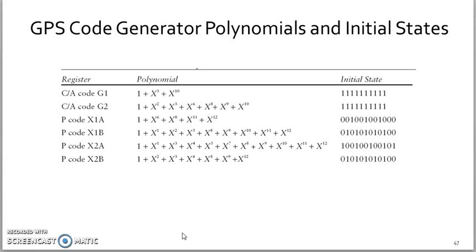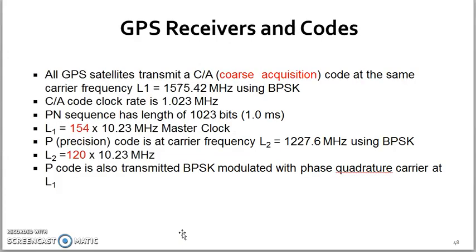And the given satellite transmits the data, and it should have an inclination with the horizon, that is a 5-degree inclination with the horizon. Then and only then we are able to receive the signal level there. So we should know what the GPS receivers and their codes are.